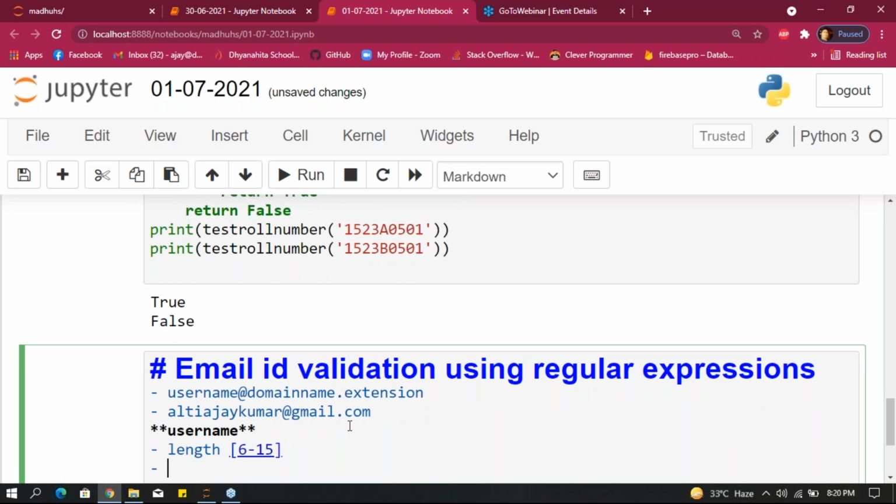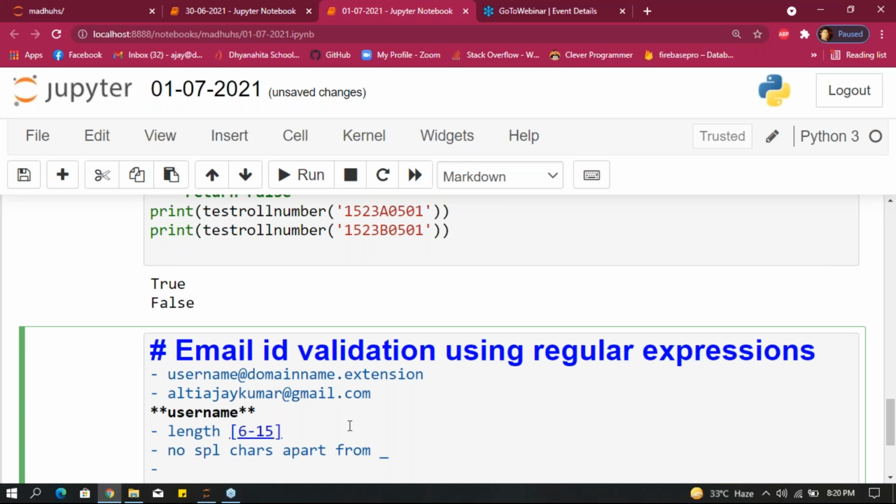It's our choice. It can contain underscore, it's our choice. No special characters apart from underscore. We'll use underscore also.